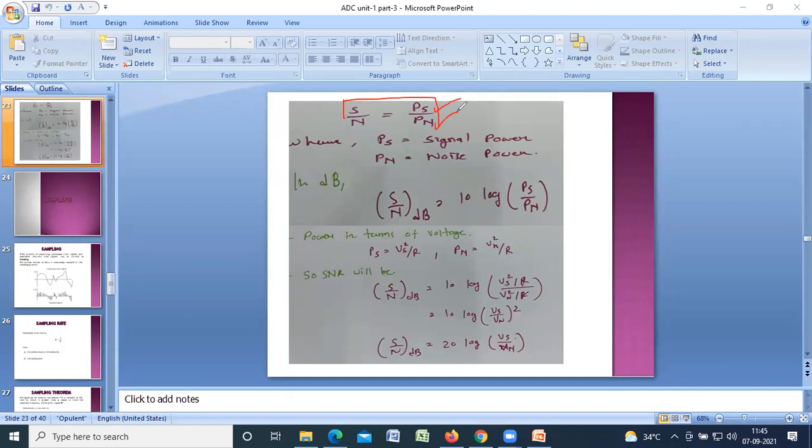ये आपका थर्ड यूनिट में पूरा चैप्टर होएगा प्रोबेबिलिटी वाला इन ADC, एनालॉग एंड डिजिटल कम्युनिकेशन में। वहां पे ये आपके काम आने हैं ये कंसेप्ट्स। क्लियर है? Yes ma'am. ये सिंपली फॉर्मूला है। एंड हाउ टू कैलकुलेट द सिग्नल टू नॉइस रेशियो इन डेसिबल? फॉर्मूला इज सिग्नल टू नॉइस रेशियो डेसिबल इज इक्वल टू 10 log10 PS/PN। आप अपनी लैब में भी एक्सपेरिमेंट करोगे तो उसमें ये फॉर्मूला डेसिबल के लिए।